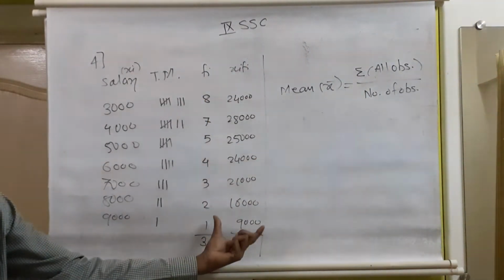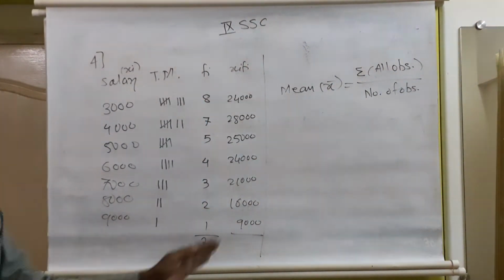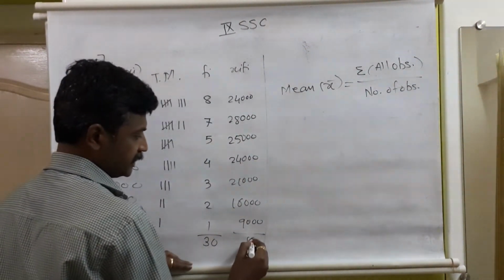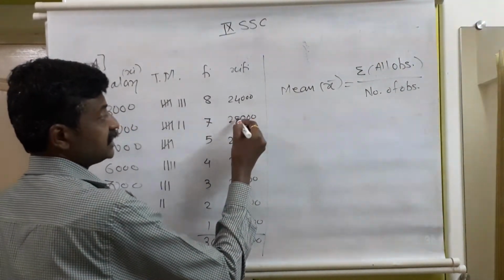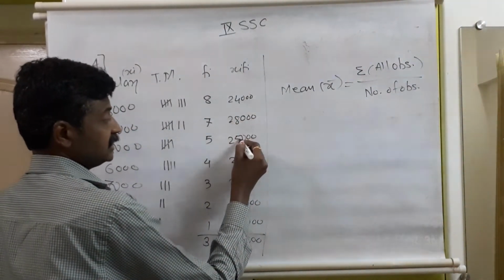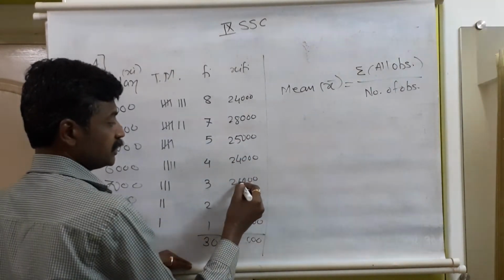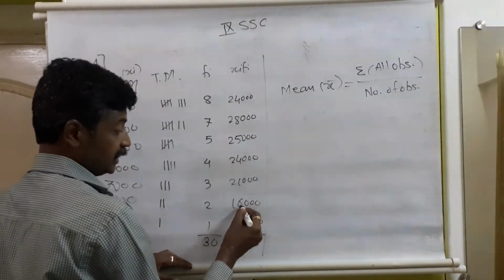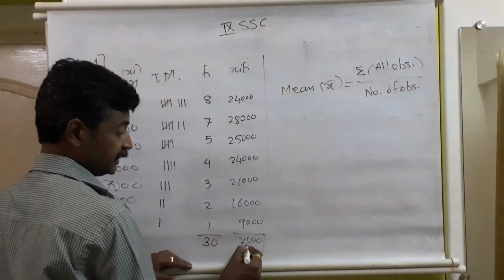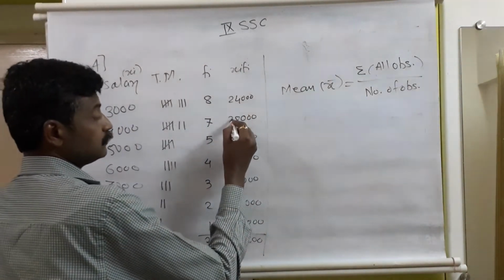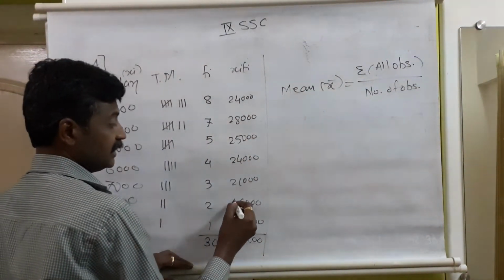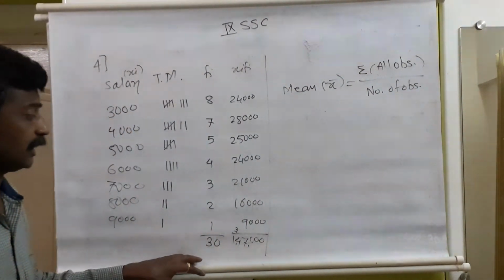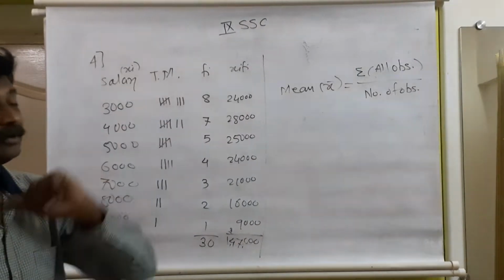Same way, we are getting the total salary here, that is nothing but our numerator value. So we'll add it. See, these 3 zeros will be as it is. After that, 4 plus 8, 12. 12 plus 5, 17. 17 plus 4, 21. 22. 28. 28 plus 9. 28 plus 2, 30 plus 7. 37, carry 3. 2 plus 2, 4, 5, 6, 7, 8, 9, 10, 11. 11 plus 3, 14. So it comes 1,40,000 will be the sum of all observations.